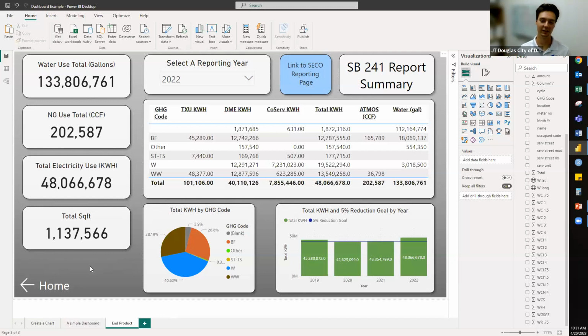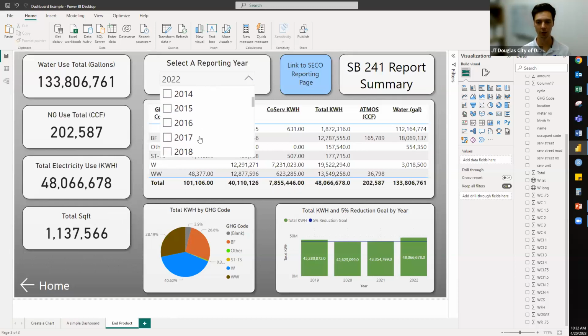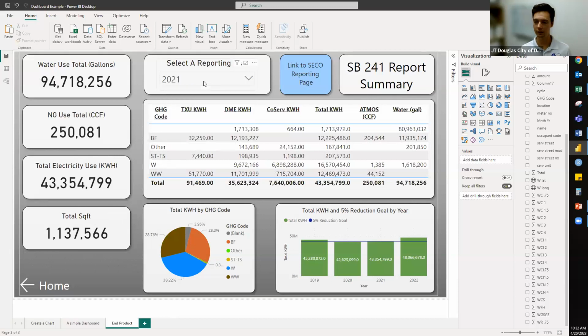The system that we essentially have set up now is we've got all of our data coming in from our monthly bills, set up to auto import here. Then when we go to do our Senate Bill 241 report, we've got all of the values that we need called out for that report. And then you can select your reporting year from one of those basic filters that we talked about. So if I want to take a look at 2021, we'll see that it's slightly different, but we've got all of our totals for kWh. We have our different electricity providers, and then we've got our water as well.